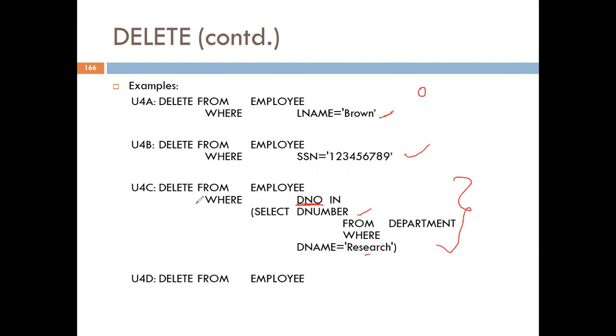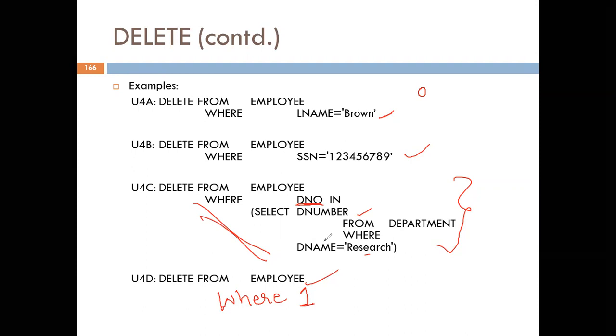So anything can be written over here. Then delete from employee. This particular command will delete all the employees from our table because there is no where clause. If the where clause is not written, then by default the query processor will consider the where clause as where 1, which means it's always true.